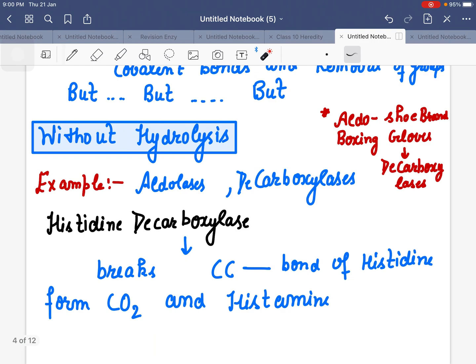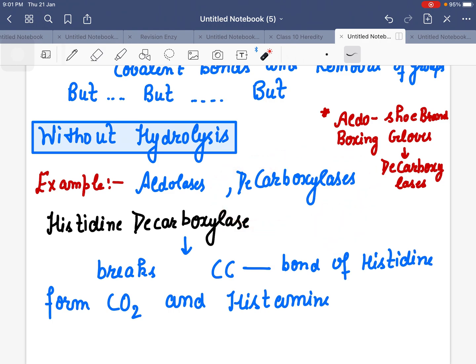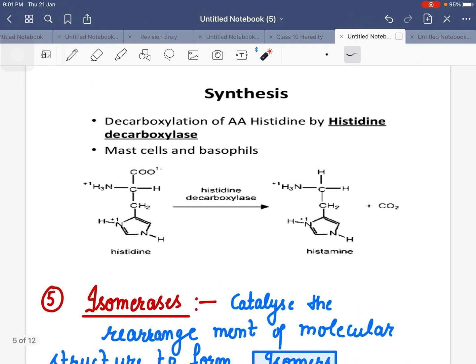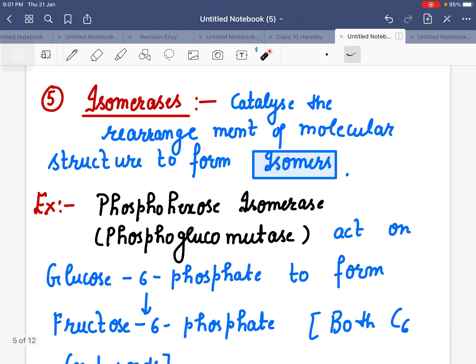Decarboxylases, aldolases, these are our lyases, in which breakdown definitely happens, but in the absence of water. So one major thing which is formed after removal of this group is CO2. Now another form is